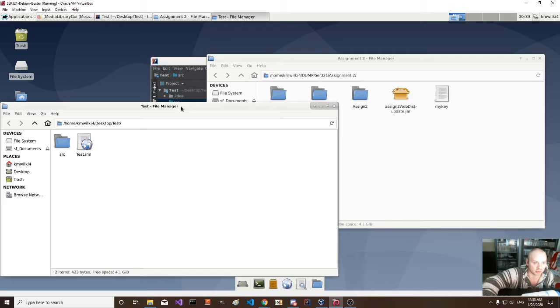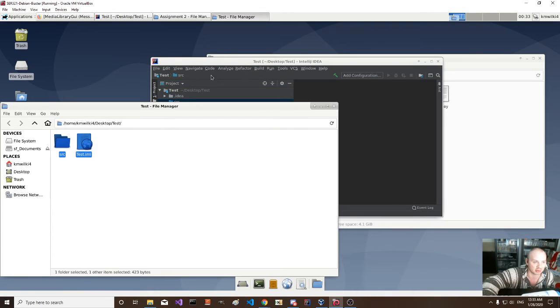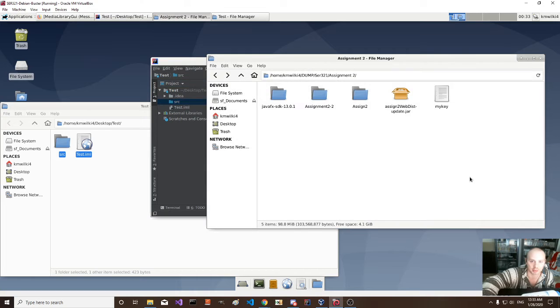Okay, so let's open up test. This is our folder. As you can see, it matches, and it matches right here. We'll go ahead and just drag and drop everything into it. No, I did not want to do that. So this is